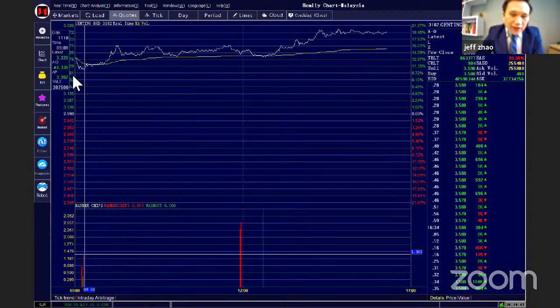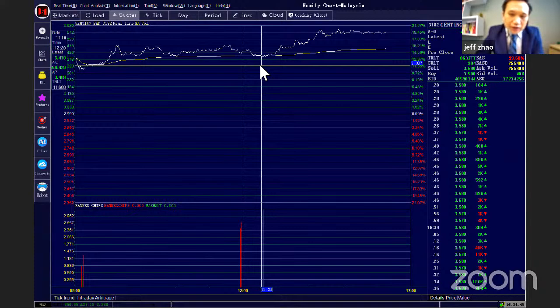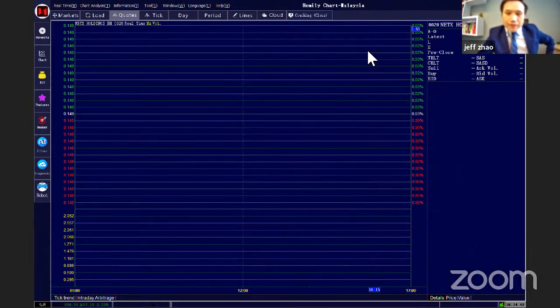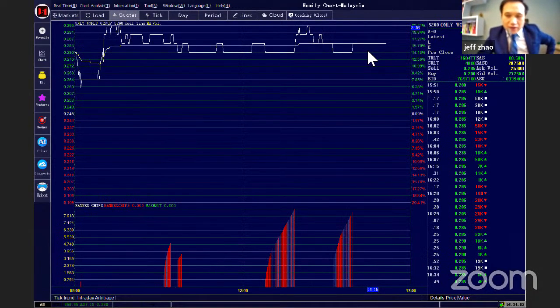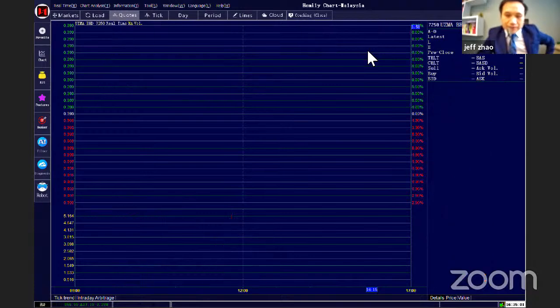Then at the beginning here, after you buy it, the price goes up. And after you buy it, when you follow the banker, the price goes up again. But this function, you cannot find in the Hanfin version. You can only use it on the PC kit, PC version, real-time data.